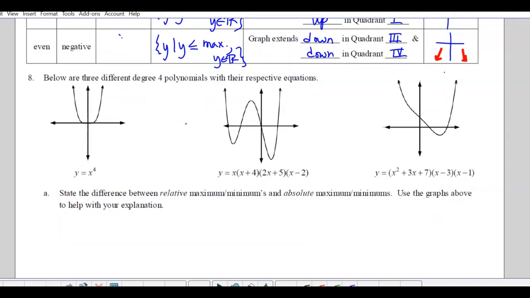So below are 3 different degree 4 polynomials with their respective equations. State the difference between relative max and mins and absolute max and mins. Use the graphs above to help with your explanation. So here, this one has what's called an absolute minimum point. Okay, that point here, there is no other point anywhere that's lower than it. So absolute